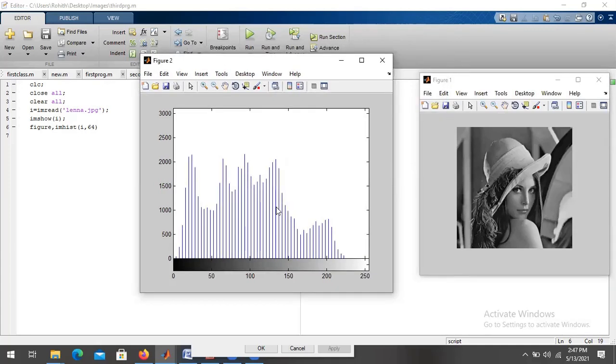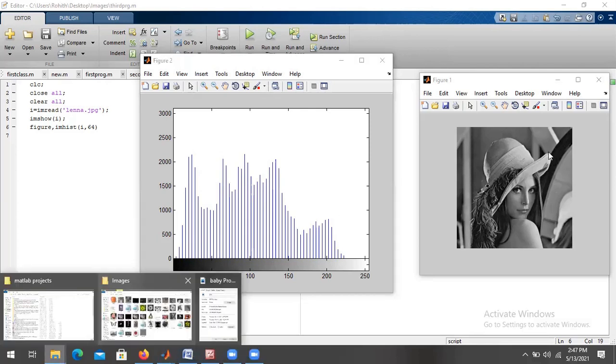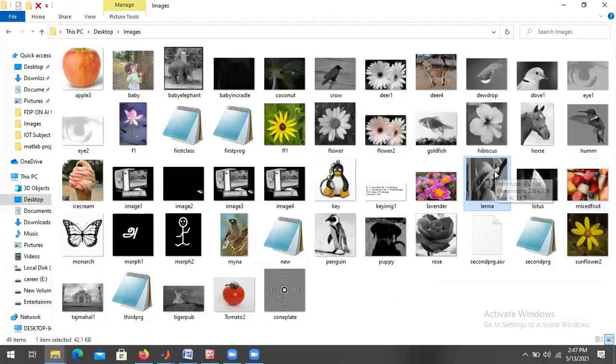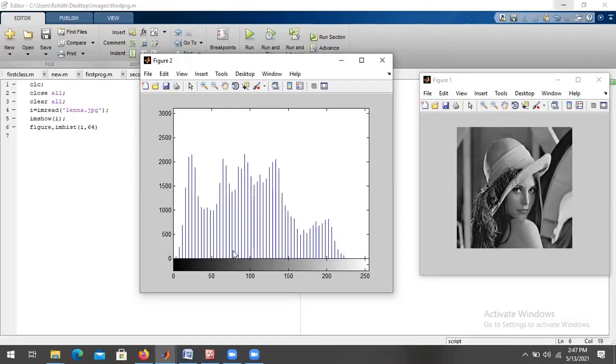the Lena image, right? This particular image. So based on the pixels, it will be given. If you take the resolution of the Lena image, you can see 256 comma 256. So based on that only, it's 256 by 256. Based on this x value only, you will be giving the values like this